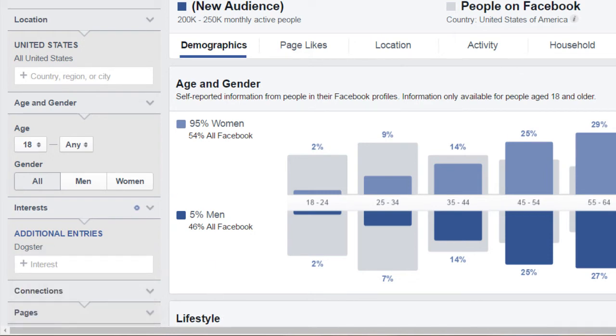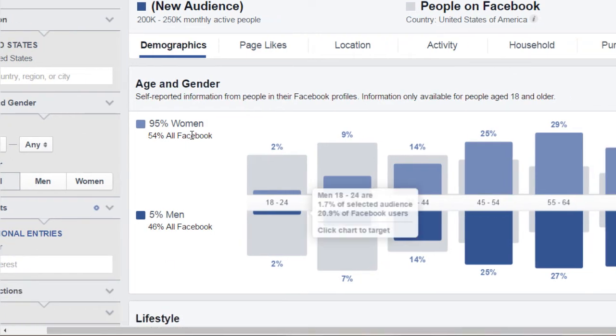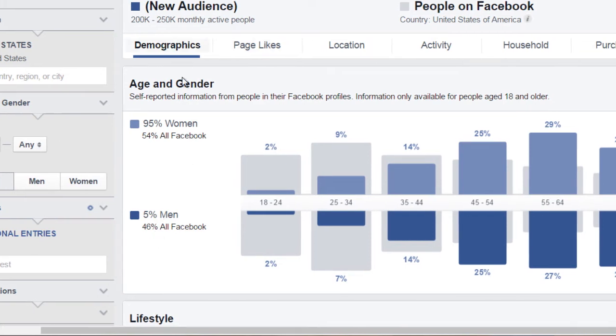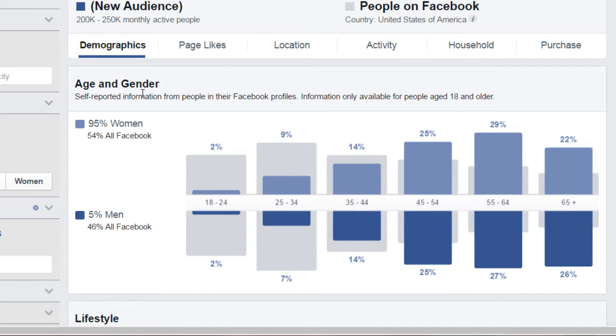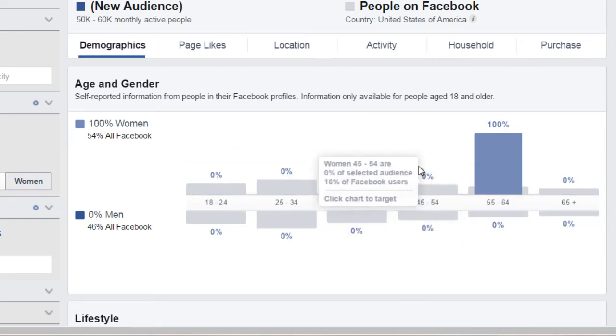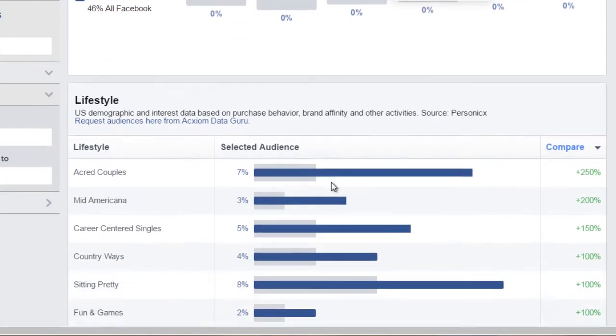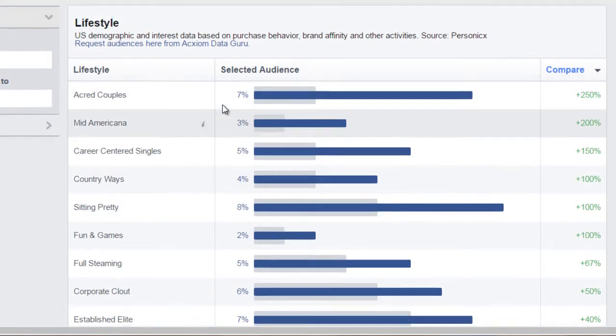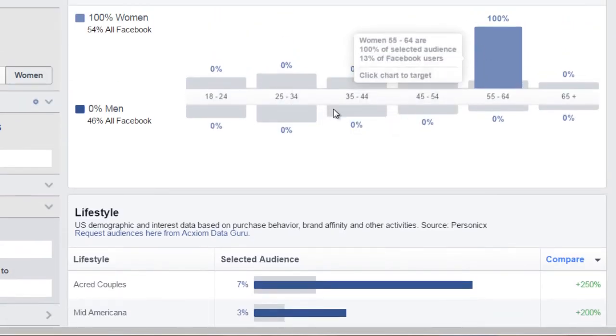And earlier we found that 95% of women, 5% men. Now, what's nice about facebook.com is you can actually click over here. So if I wanted to hone in specifically on age bracket 55 to 64, I just click it and it'll isolate it and allow me to see a better picture of just that age bracket, right?